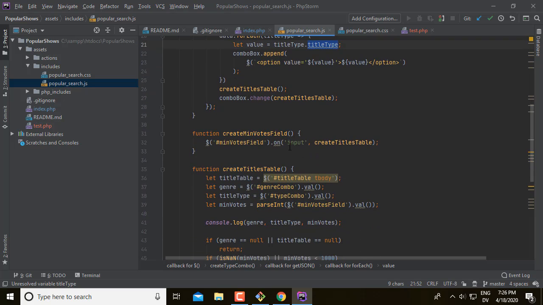To set up create min votes field, we're just going to add an event listener to the min votes field so that every time I change the value in there by typing, it's going to recall create titles table. And then finally, we have